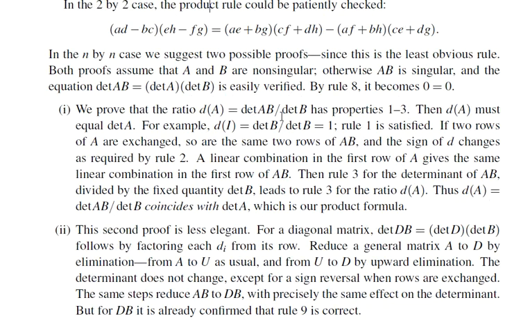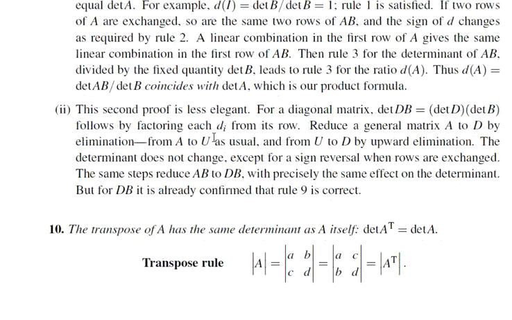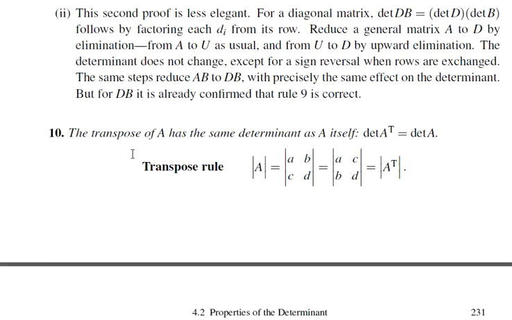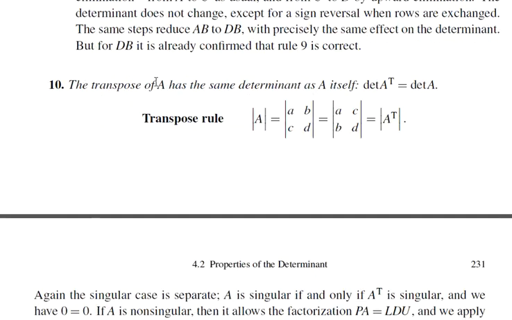How the product of determinant A and determinant B is equal to the determinant of AB, how it can be derived or done in different ways, is being explained. So the next one is that the transpose of A has the same determinant as A itself. If we have a determinant A and find its value, its determinant, then if we take